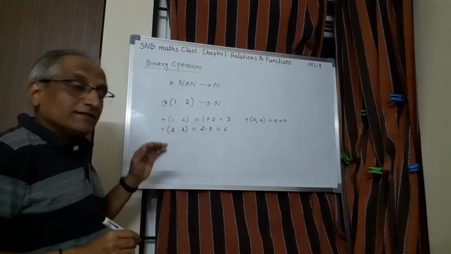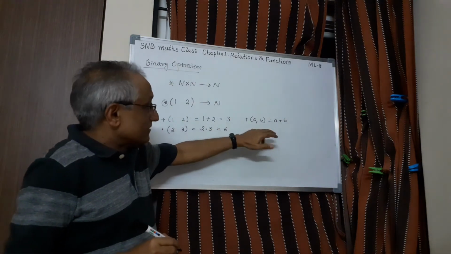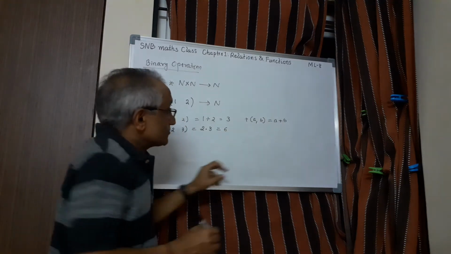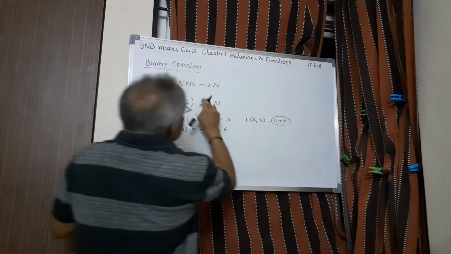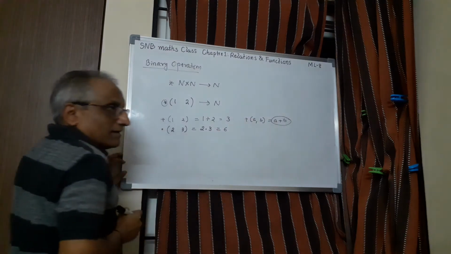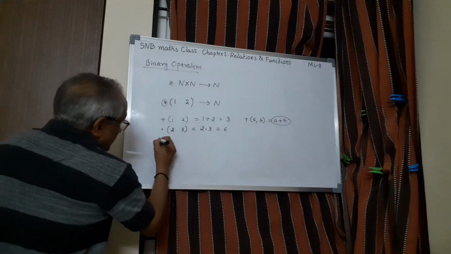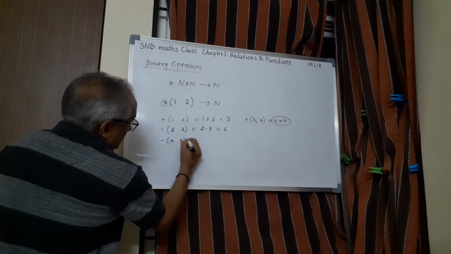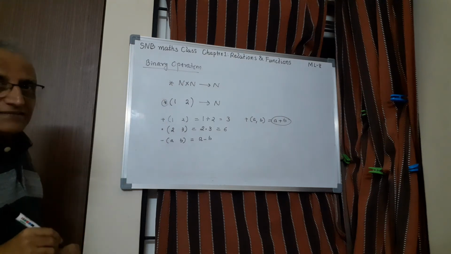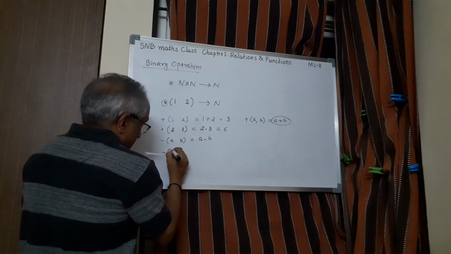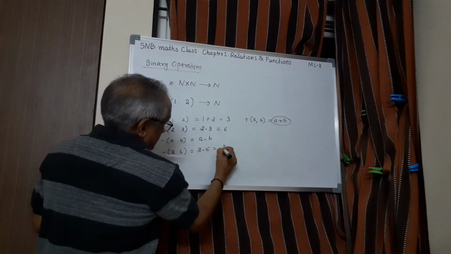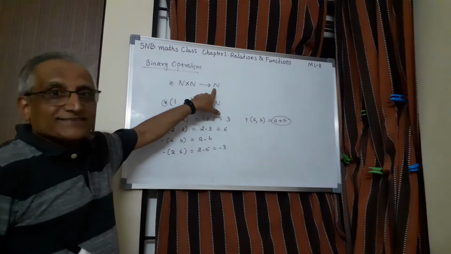And you know that from high school onwards, the sum of two natural numbers is once again a natural number. So this element will be in N only. So definitely it is binary. Similarly here you can take a, b. Suppose you now take minus, defined by a minus b. Then it is no more binary, because you can take minus of 2, 5. This will be 2 minus 5, which is minus 3, and this minus 3 is not here. So it is not binary.